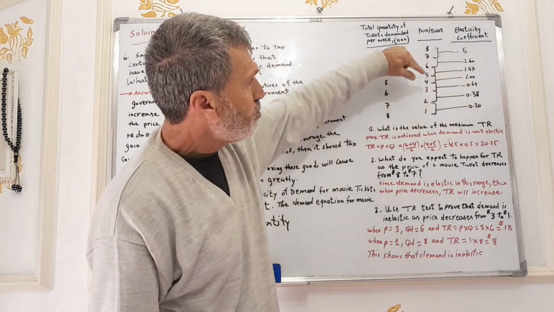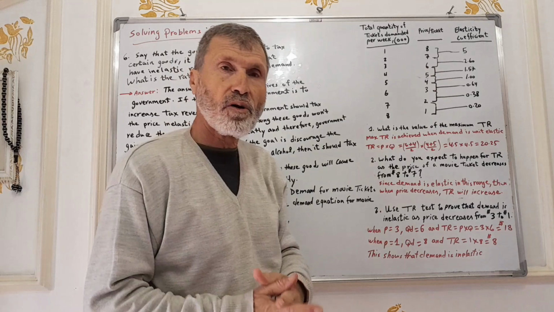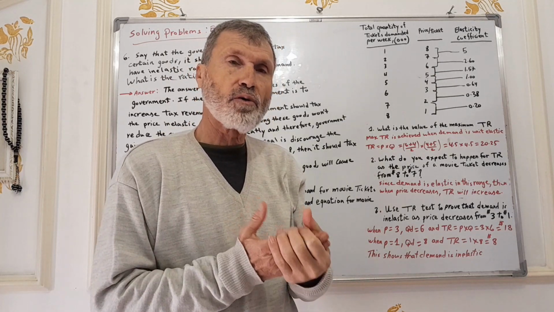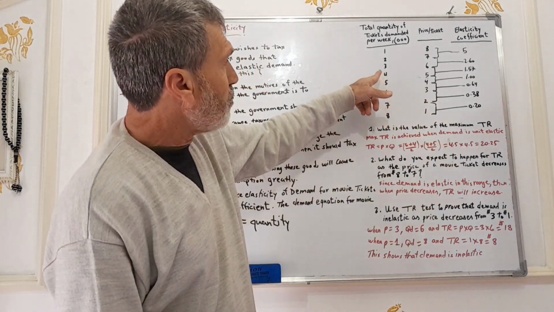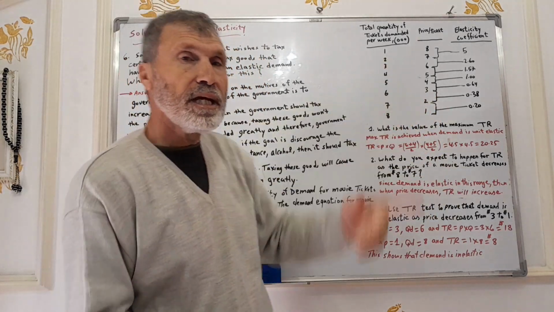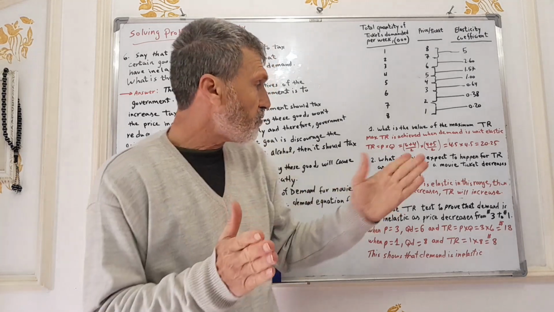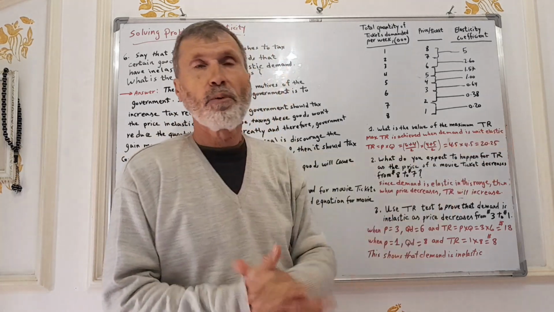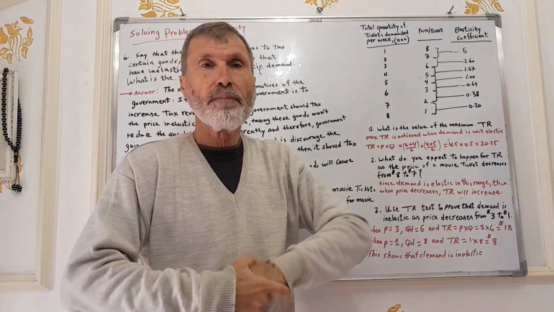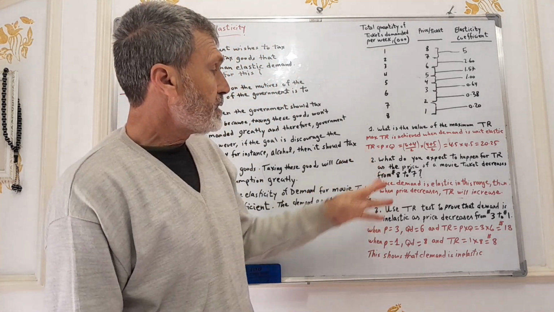The coefficient of price elasticity of demand is 1 between 5 and 4. So we take the average of 5 and 4, which is 4.5. And the average of the quantities, 4 and 5, is also 4.5. Therefore, total revenue is equal to 4.5 times 4.5, which is 20.25. This is the maximum total revenue. Now we move to the second question,